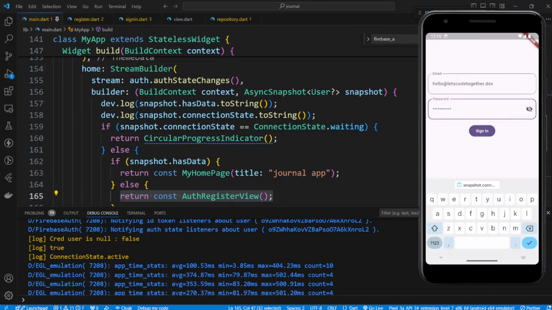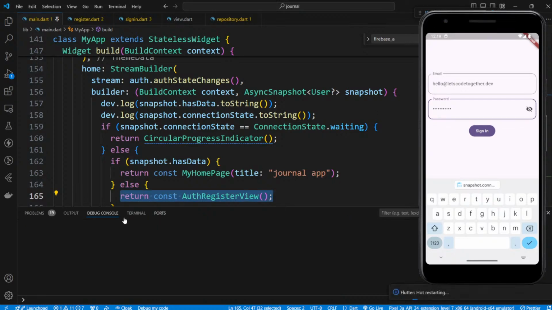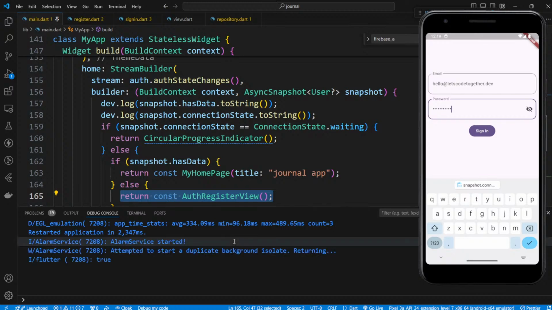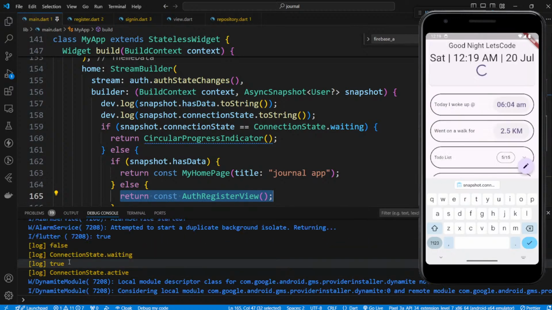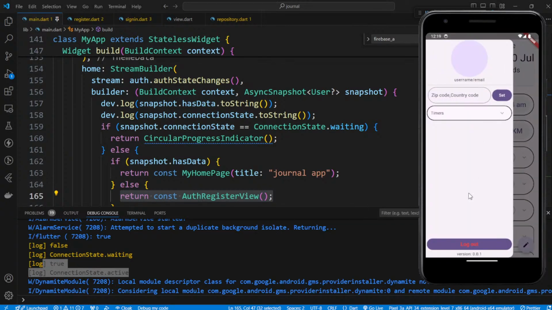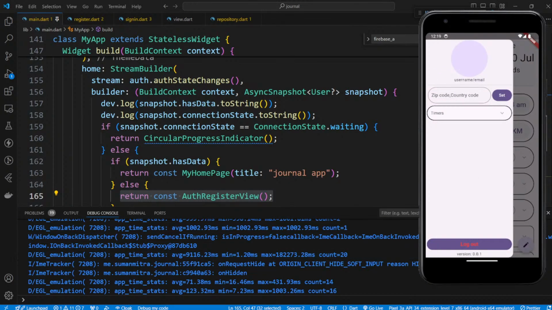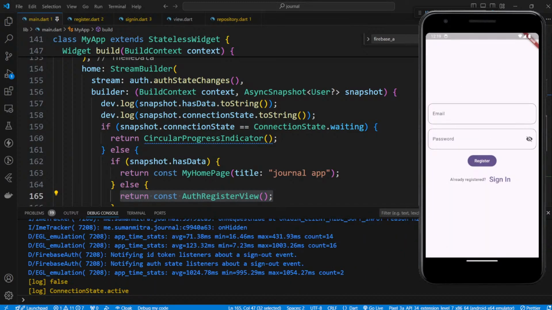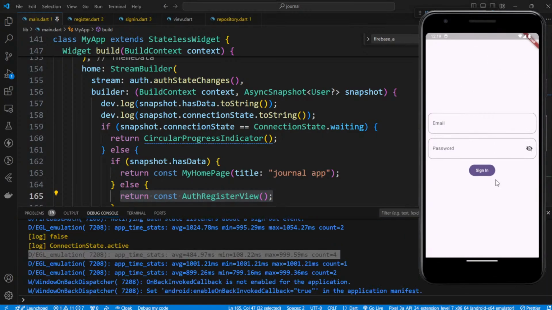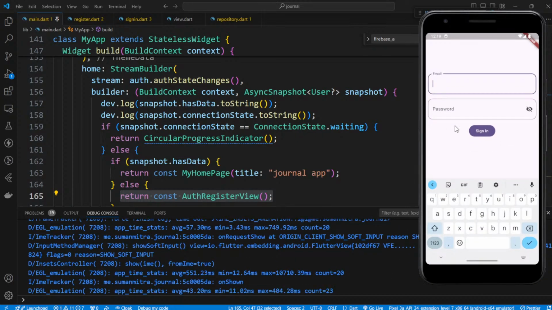But if you see, if I reload this page, it will go to home page because it's true. Same thing right here, true else active, but it goes to home page, right? And when I click on this logout, I go to this page. If you see, it's false and active. But if I go to sign in and click on sign in, right,